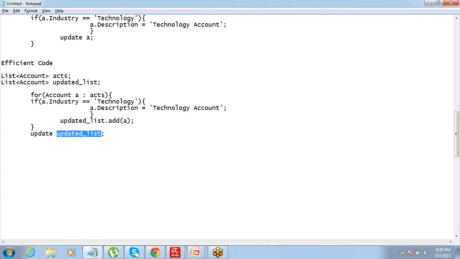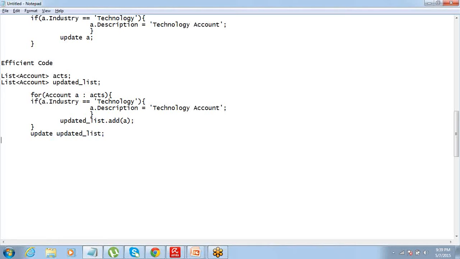Only one. In this code, what was I doing? Number of records was equal to number of DML statements. Not the right way of writing the code, right? So if you want to write efficient code which works for a large set of data, use it like this. Keep your DML statement outside the for loop always. And if you want to keep it outside the for loop, then you will have to work with the bulkified DML statement.